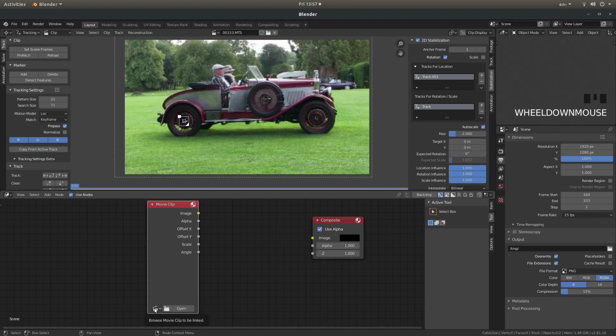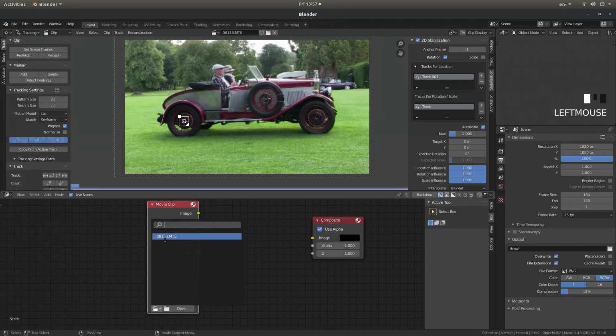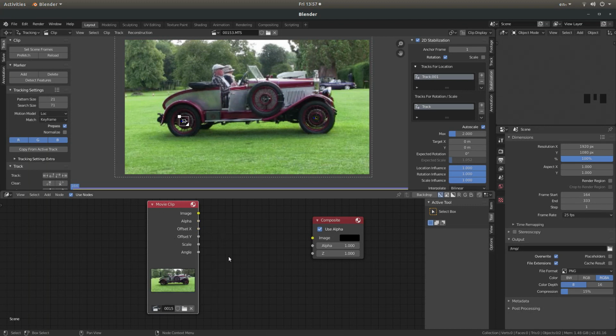Next to open, there's a clapperboard. It says browse movie clip to be linked. Left click on this and your video should come up highlighted, and just left click on it. And you should get a little thumbnail come up. Come back up to add,